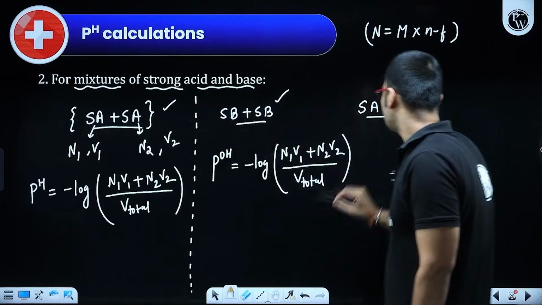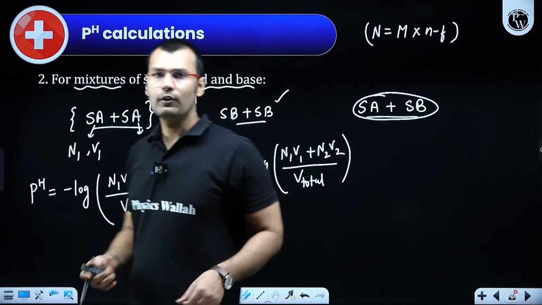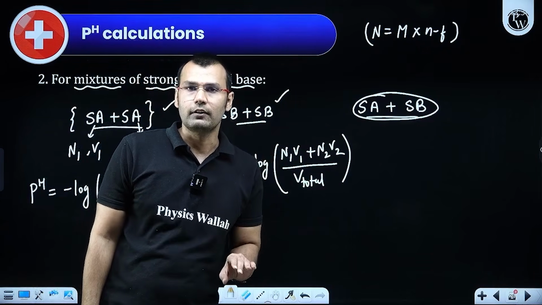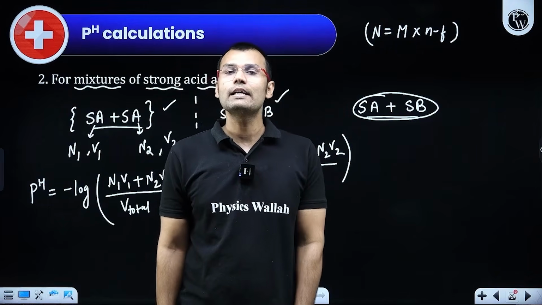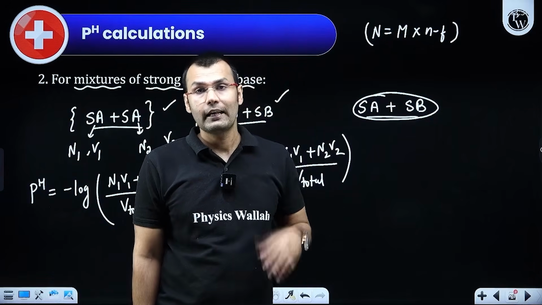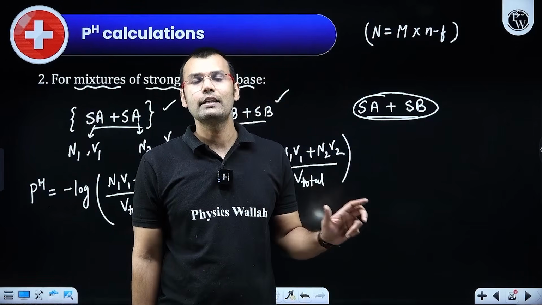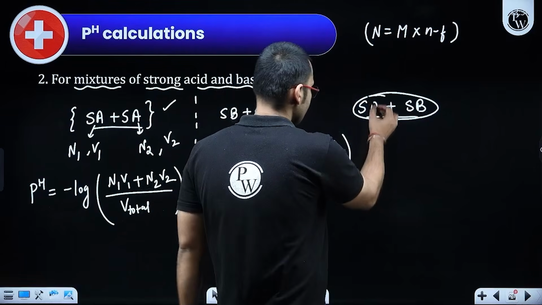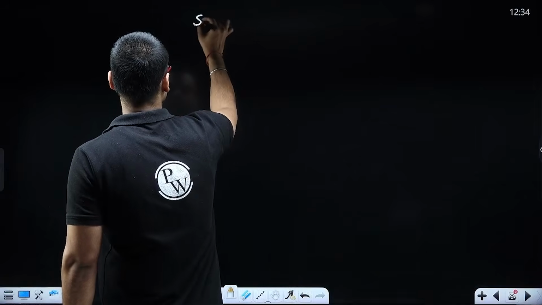But when you mix strong acid with strong base, right? So it's a different case. Why? Because when two acids or two bases are mixed, there is no reaction. But as soon as you mix acid with base, there will be a neutralization reaction. And in that case, neutralization will happen, and whatever is left over, whether your acid is left or whether your base is left, that will determine the pH of the solution. So in this case, let me talk about strong acid, strong base separately. When you mix a strong acid with a strong base,